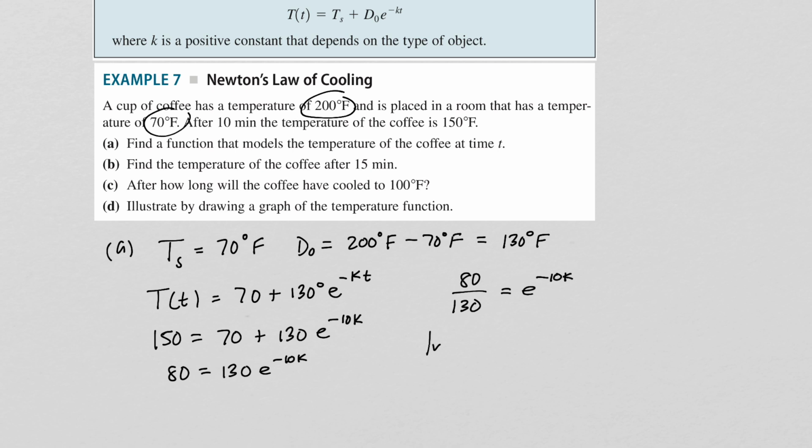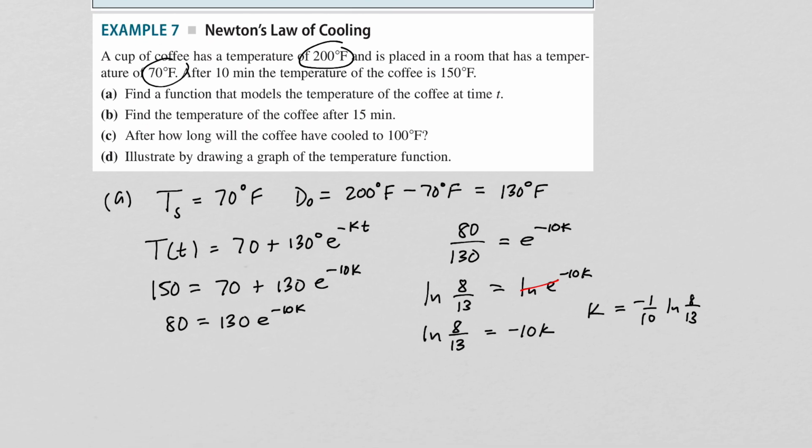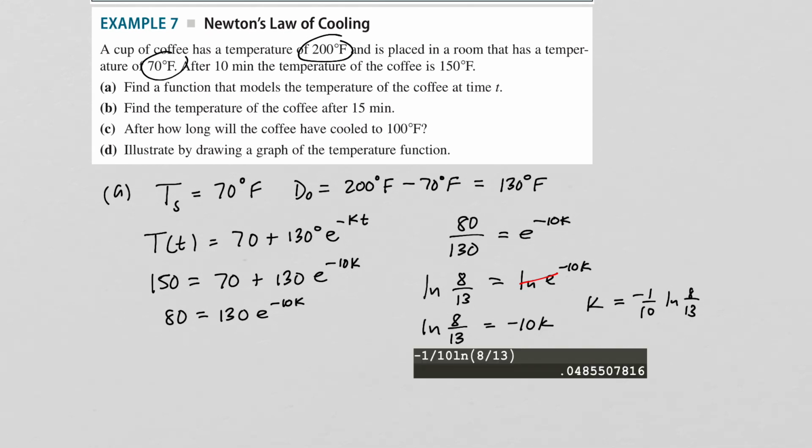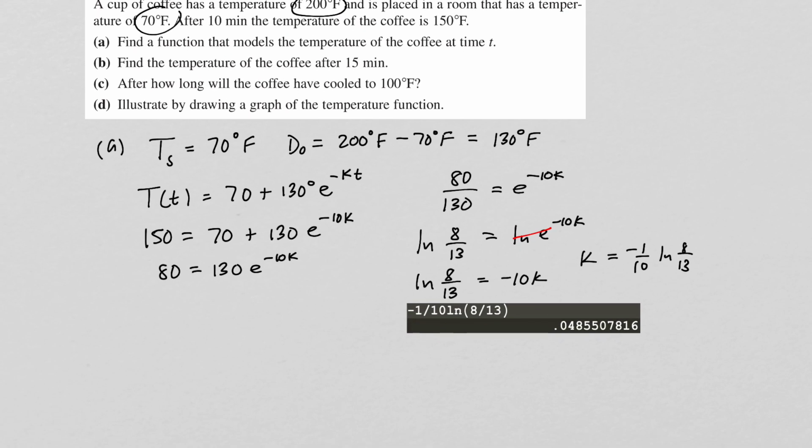Then I'm going to take the natural log of the left side, and let's realize that 80 over 130 is 8/13. And we'll take the natural log of the right side. And of course, over here, this cancels out. And we have the natural log of 8/13 is equal to negative 10 times k. And so k will be negative 1/10 natural log of 8/13. Now let's plug that into a calculator to get an approximation. And this gives us an approximate value